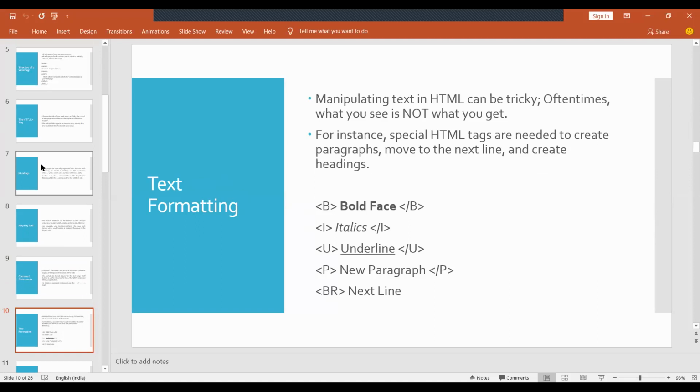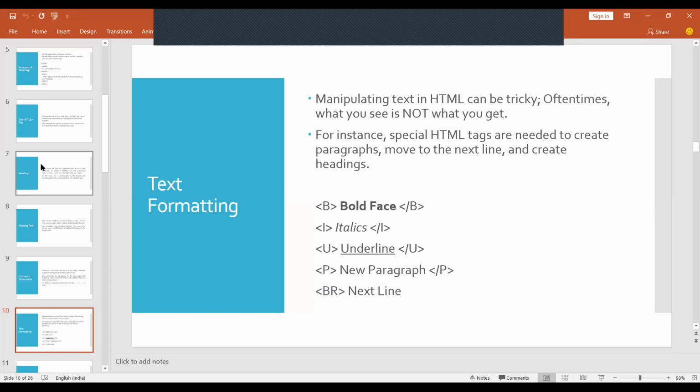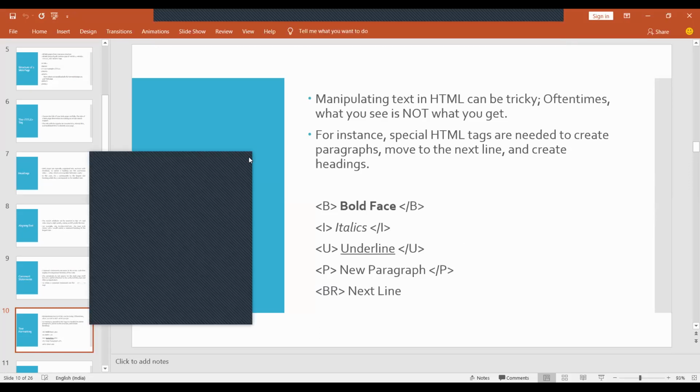It means whatever you write inside the B tag is represented as bold. Then the next tag we have is I for italic, so whatever you write inside the I tag is represented as italic.